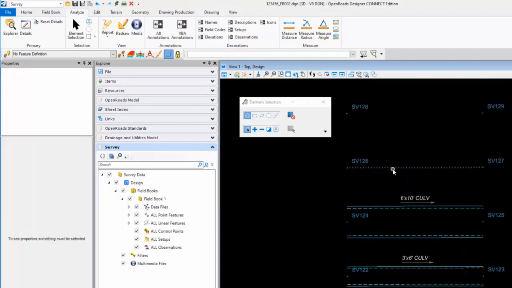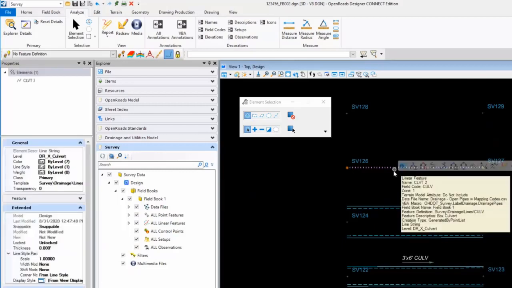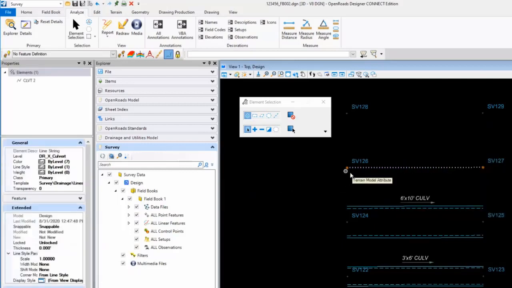Here's the one where they did not enter attributes, and then there's the one where no line was entered. This one I would need to just create a line in Survey, and then once I have that line, I can assign attributes to it. So here's how you can assign attributes. If I select this element, the attributes would be on the points and in the line itself. In order for it to draw this, I only need to define the attributes on the line.